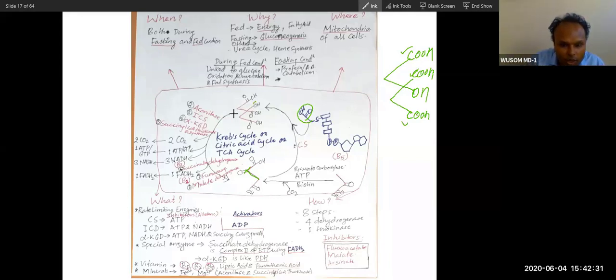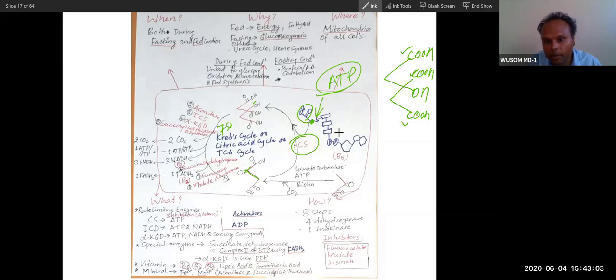So this is one reaction. Citrate synthase is an anabolic reaction, and the other 7 steps are catabolic steps. Energy comes from this high energy bond. The formation of this bond is driven by the high energy bond of coenzyme A. But it is not a ligase, it is a transferase. When direct ATP is not utilized, we don't call it ligase; we call it transferase. So there is formation of citrate.